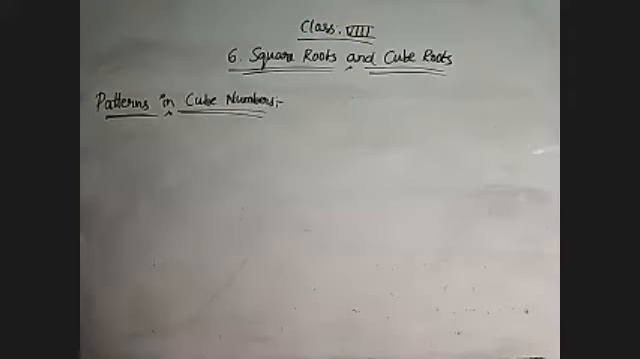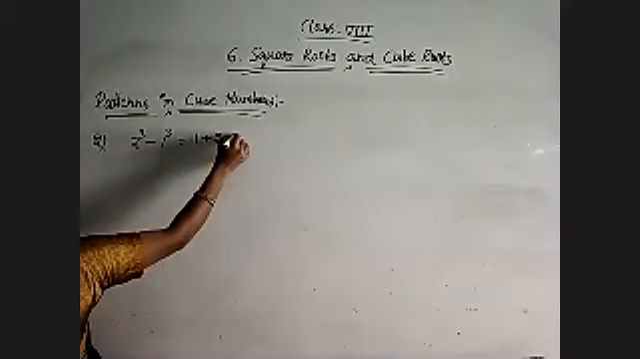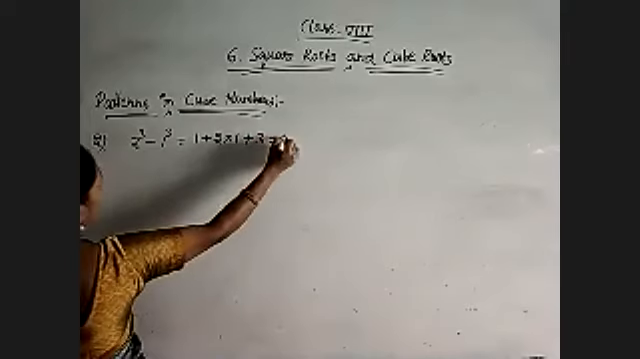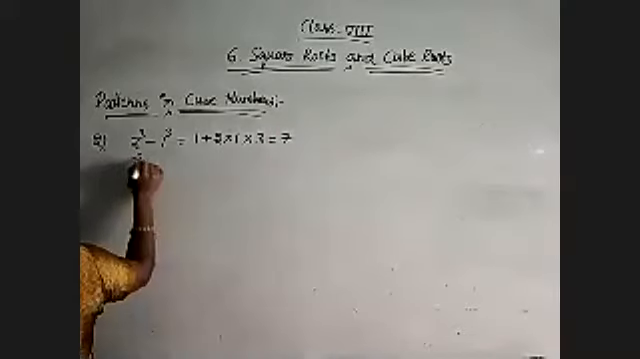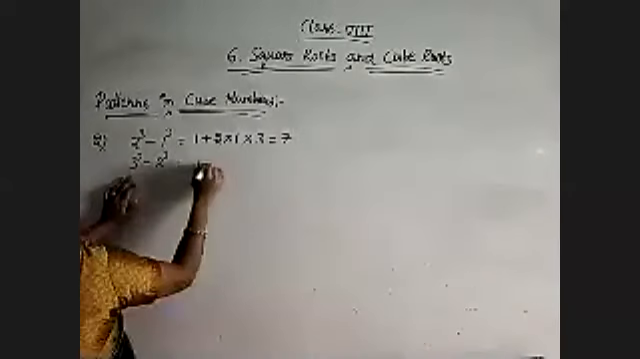That is the second one. Observe the pattern and write the next. So the pattern is given like that. 2 cube minus 1 cube equal to 1 plus 2 into 1 into 3 is equal to 7. Next step they are given: 3 cube minus 2 cube is equal to 1 plus 3